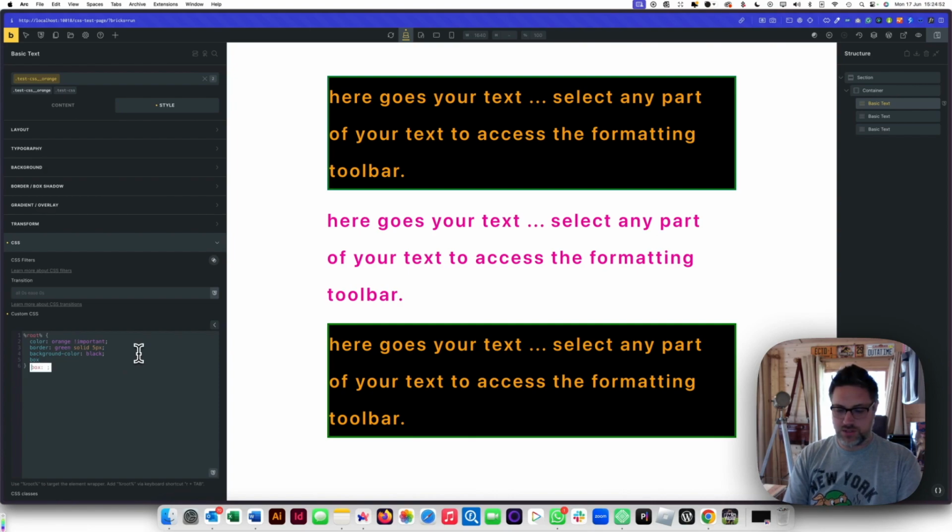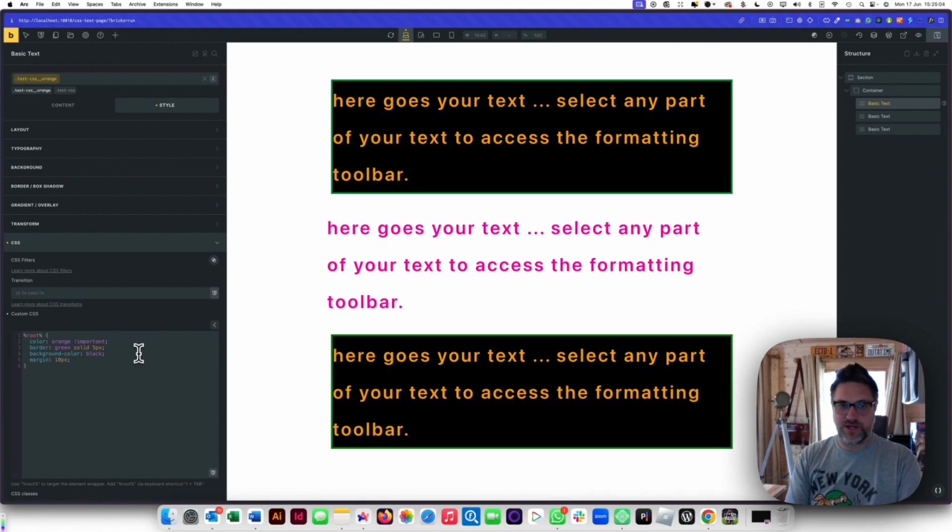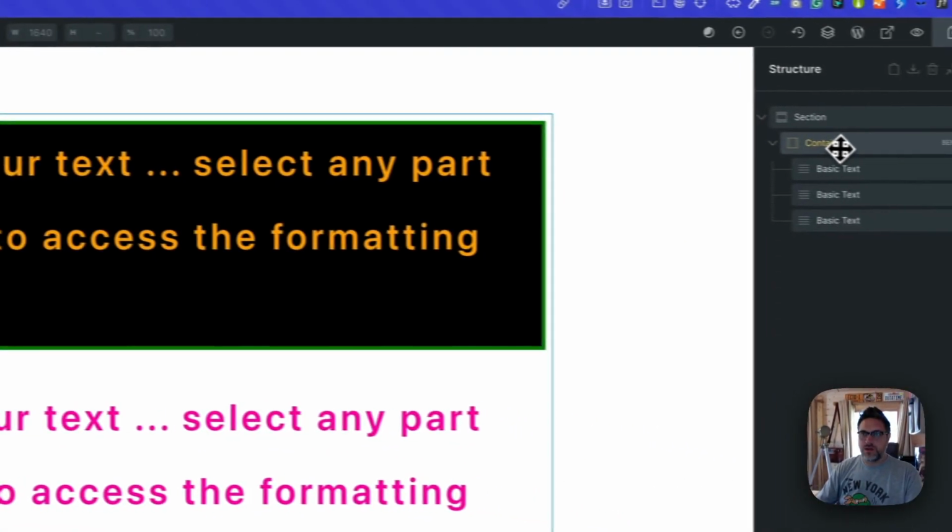tell you what, box. No, not box shadow, because that's tricky. Padding. Okay, padding and margin. Margin. We want to apply 10 pixels of margin. What has that just done? Margin affects the outside of it, right? So this element here, which is still just a line of text but made to look proper funky,